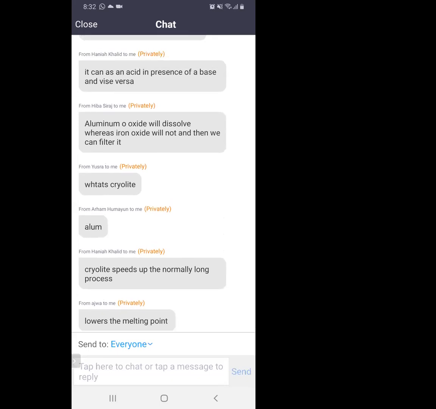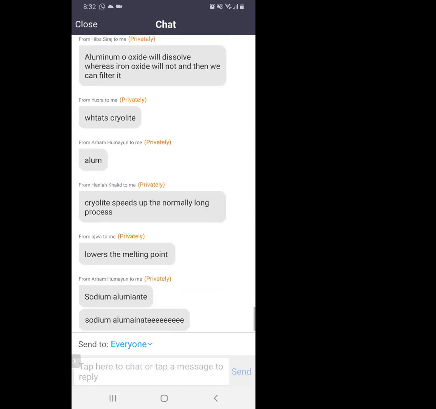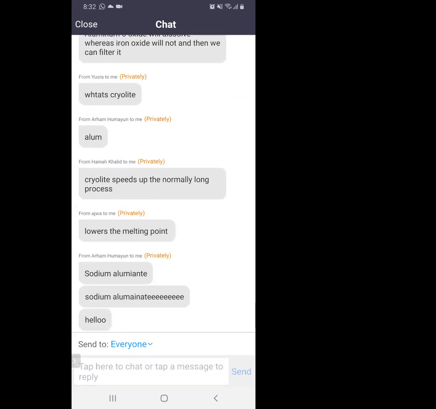Yes, so aluminium oxide will, I don't remember the reaction between aluminium oxide and sodium hydroxide, but iron oxide won't react, and so maybe that's why we can separate them, right? Yeah, sodium aluminate. Yes, good job, Arham. Yes, sodium aluminate, and then is that it? Or do we have water forming as well? Yeah, sodium aluminate, and then,